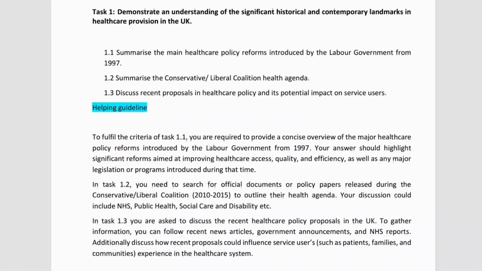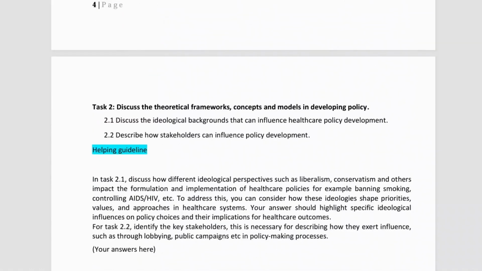Now, moving to the learning outcome 2, which is all about the theories or the concepts behind making policy, for the assessment criteria 2.1, you need to discuss the ideological backgrounds that influence the healthcare policy development. So what does this mean?